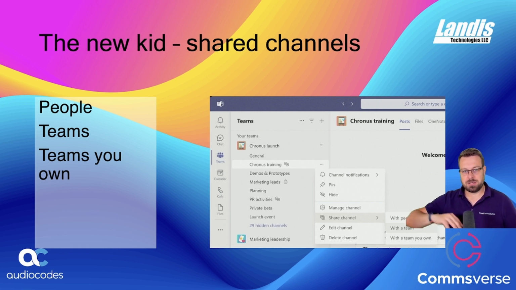So you can share this channel, and if you share it with a team, you will see it integrated in another team. But the owner of a team has to include it into the team. So there are some control mechanisms to avoid any issues by granting permissions or adding this channel to another team where it should not be.